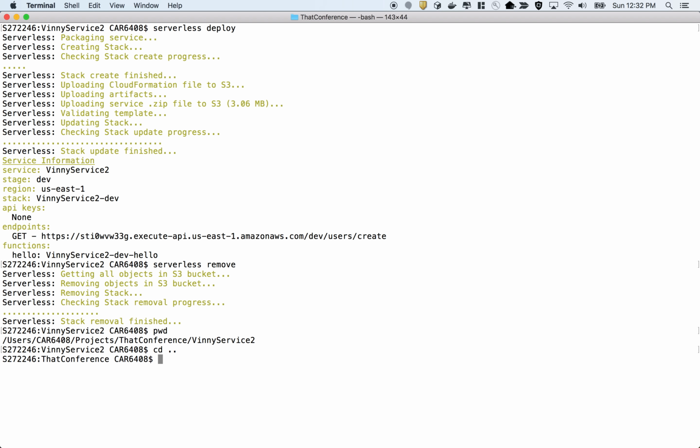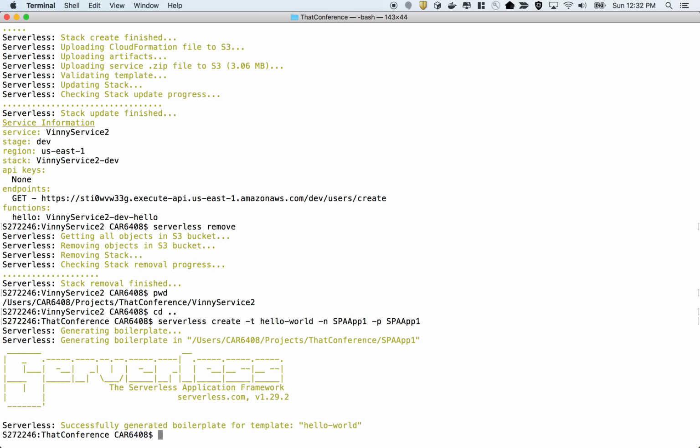Let's say you're building a single page application. I want to build a single page application and have the serverless framework do all the work for me. Part of the reason I'm doing this is I want to expose you guys to this notion of serverless plugins. Serverless has a rich library of plugins. So I'm going to say serverless create with a template of hello world, which is a nice shortcut. Now I'll show you what that looks like. I'll call this name spa app 1 with the path of spa app 1